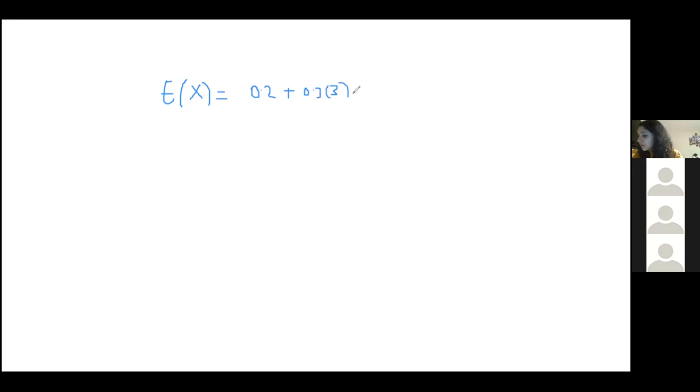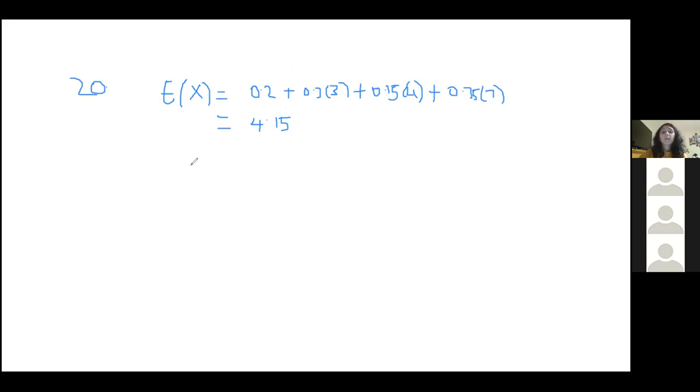And then we have plus 0.15 times 4. So we're just timesing the probabilities by the actual value that x could be, plus, and finally 0.35 times 7. And so if you were to just do the multiplications, put this in your calculator, and that's all this is. Oh, sorry, this is question 20. You would get 4.15.